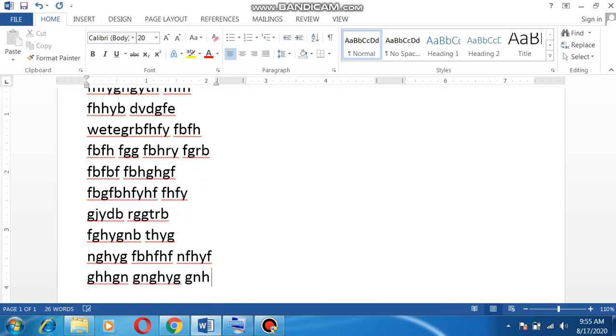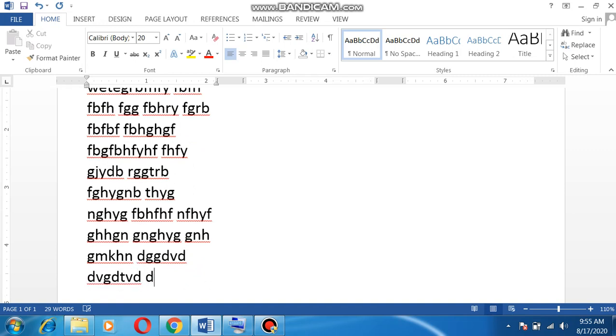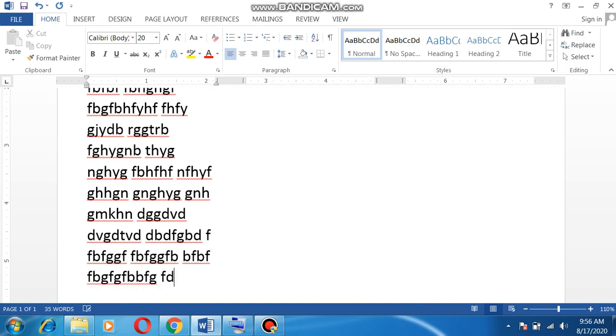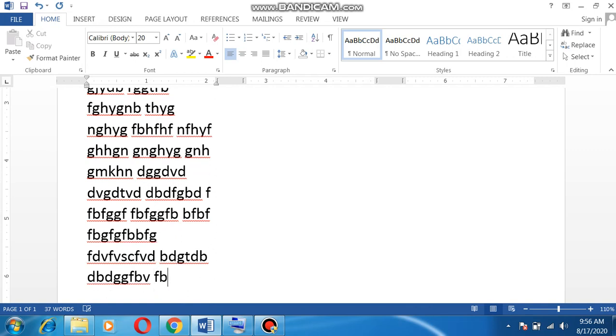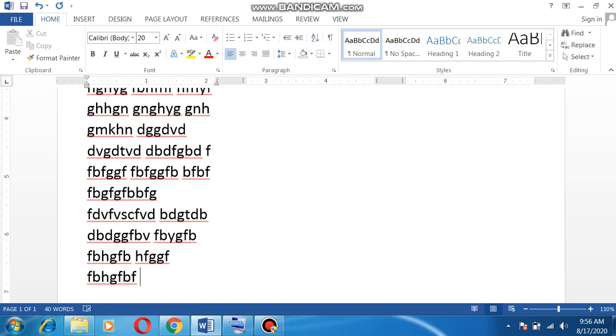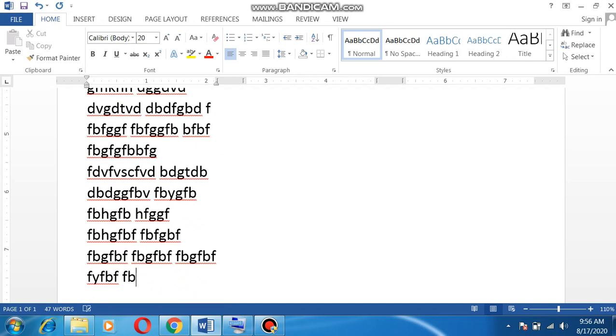I'll show you this. This is a very important option, as we can write a large amount of text in a small area, and you must have seen this type of formatting in newspapers and magazines.